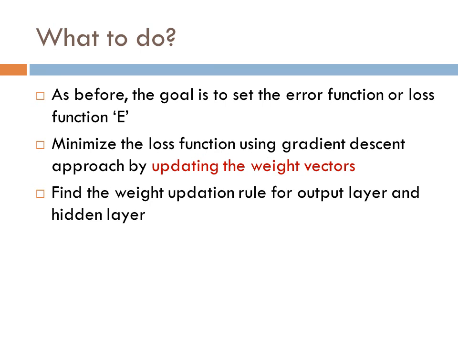Now recall, we have done the weight updation rule for the output layer in the single layer perceptron because there was only a single layer. So we have done the weight updation rule only for the output layer. Now in the case of the multiple layer perceptron, there are more hidden layers as well as the output layer. So we have to follow the weight updation rule for the output layer separately and the weight updation rule for the hidden layer separately. This is what we are going to do in the next class.